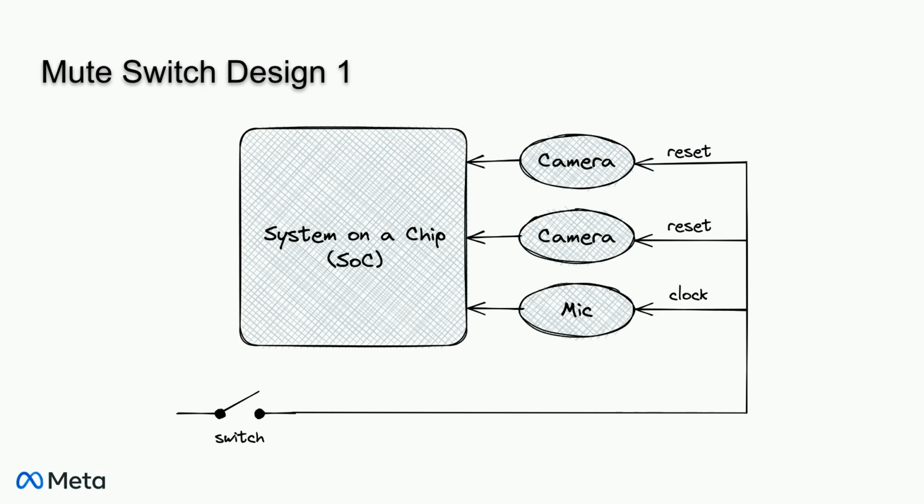So let's talk about the full system design. If you have a single camera or microphone you want to disable, wiring it to the switch is more or less straightforward. Now, if you have many cameras and sensors you want to disable with the mute switch, you can daisy chain them like I have in this design, but this has many drawbacks. First, you need to notify the operating system, device drivers, and other components that you're about to shut off sensors before they suddenly disappear. And second,